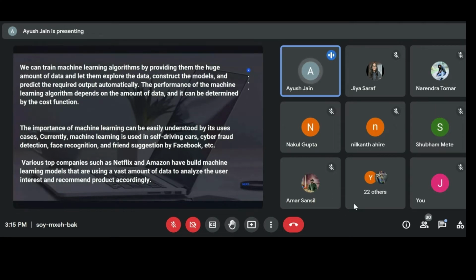Various top companies such as, you might be knowing, Netflix and Amazon are using machine learning algorithms, and they are using a vast amount of data to analyze the user interest and recommend products accordingly. These days you might be knowing about ChatGPT, I guess. ChatGPT is also all about AI and machine learning.